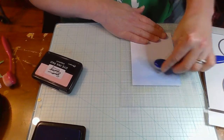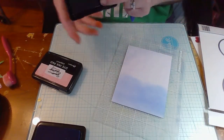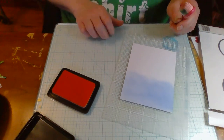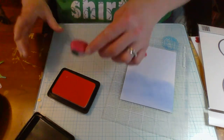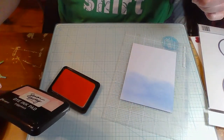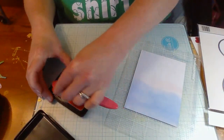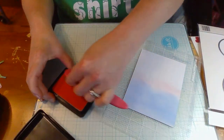I love this shade of blue that Simon Hurley came out with, Breakup Blue. It's a really pretty blue. I think it would pair up really well with Tim Holtz's Speckled Egg Blue Distress Ink. And now I'm using Simon Hurley's Piggyback Pink ink. And these two go really well together. They're both like a baby color. You can use both of these for baby cards,